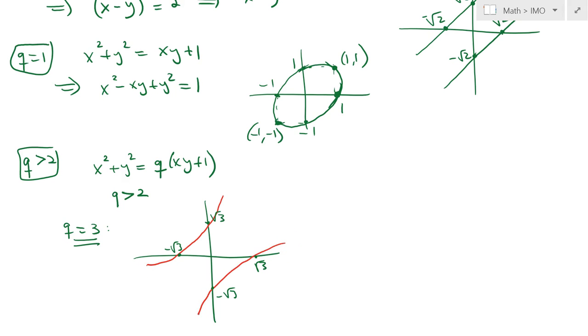The hyperbola obviously will have two arms. Now what we are interested in this configuration is under what conditions the solutions will be such that you get lattice point solutions on these graphs. That's the idea. We are not interested in the whole plane, we are only interested in the lattice points. So how do I know if a given hyperbola will ever go through any lattice points? That's the critical